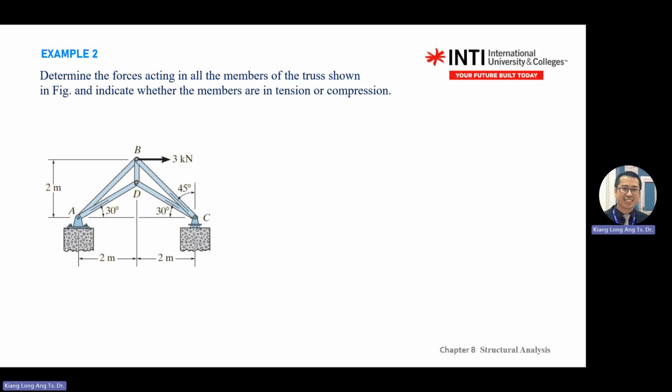BD will rotate to the left-hand side. It will bend like this. So when D moves to the left, this one will pull, right? So this one will pull, C will move to the left. This one cannot move. So B moves to the right. This one will buckle. So you know that AB will be in tension, just common sense. So BC, you pull this one, move to the left. This one will buckle,